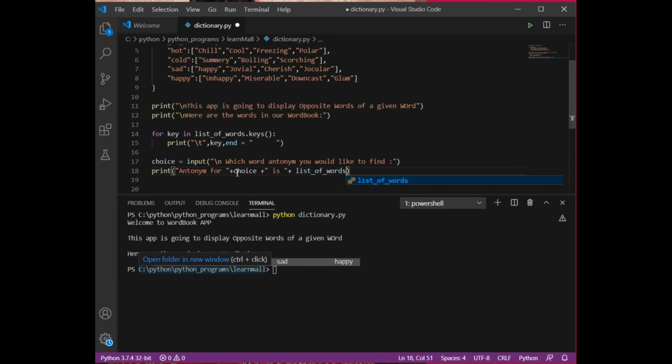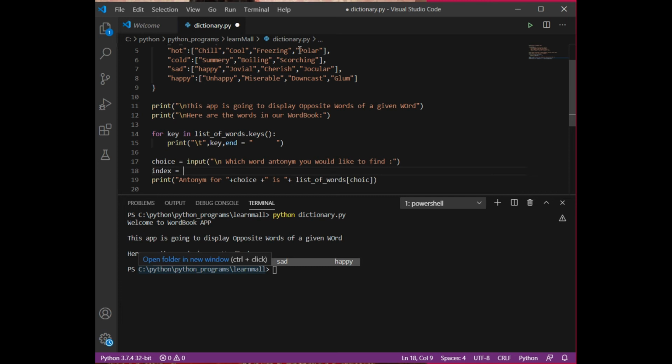Okay, inside that choice, and inside that, now see, I need to define one more thing. Here we need to calculate the index. Because the user is saying I want to find out the hot antonym. Now hot is having 4 words, but it is going to choose only one word out of those 4 words. So we need to set the index here. Okay, so how we are going to set down the index? For that we are going to use a function which is known as a random function.